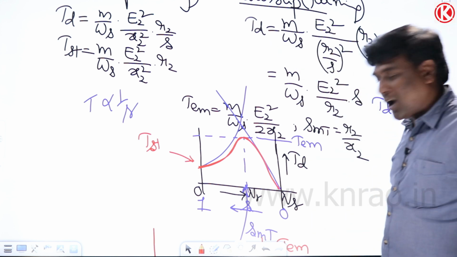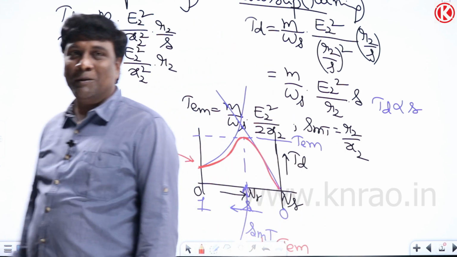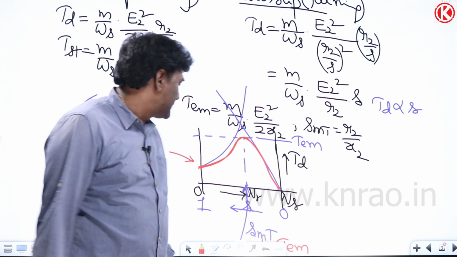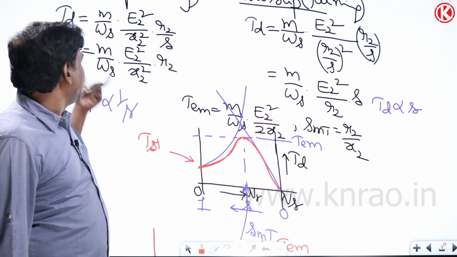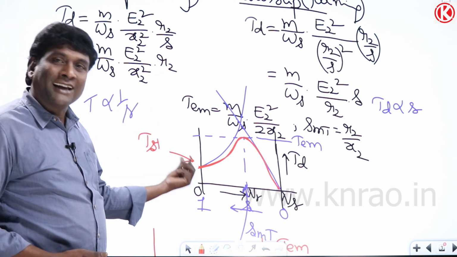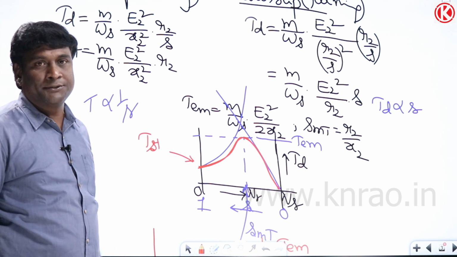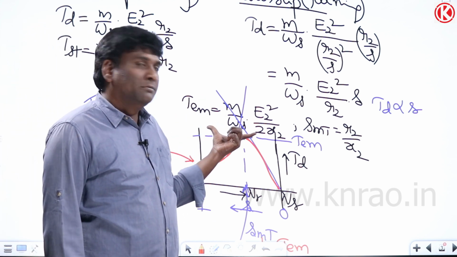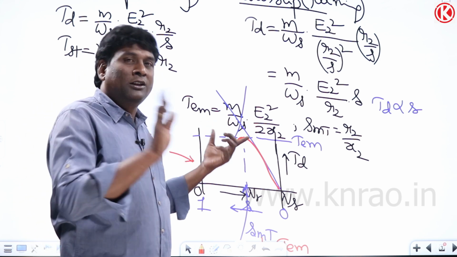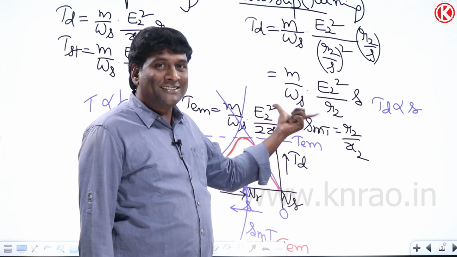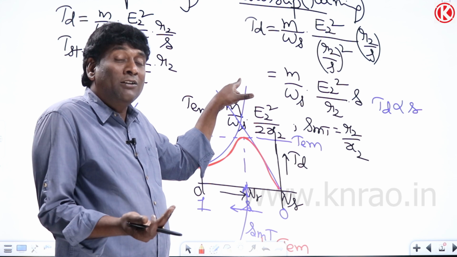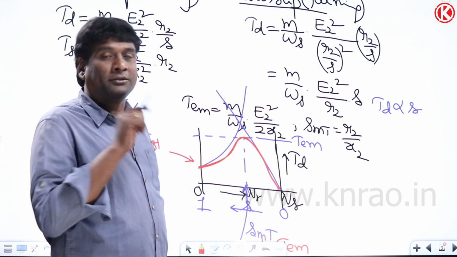Can I say running torque will be half? No. See here, that's what we have to focus on. Starting torque will be doubled, yes, by this equation, because rotor resistance is in the numerator. Pull out torque is independent of rotor resistance, so it will not change if you double the rotor resistance. But saying that if you double the rotor resistance in the denominator, the torque developed is going to be reduced by half is wrong.